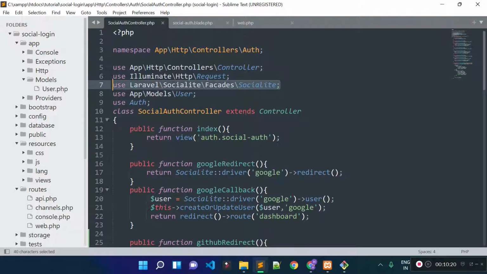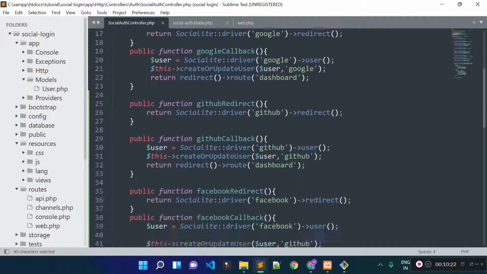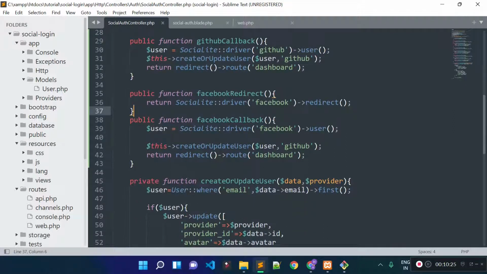We need to import this, otherwise this will throw an error, right? So after calling this common method createOrUpdateUser, where I am passing this user data and the provider name, this will be Facebook, and after creating or updating user data, I am returning the user back to the dashboard page, which I already created.